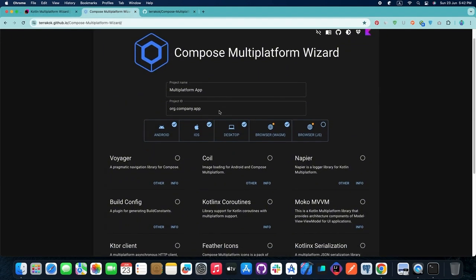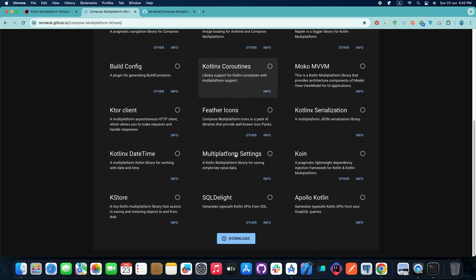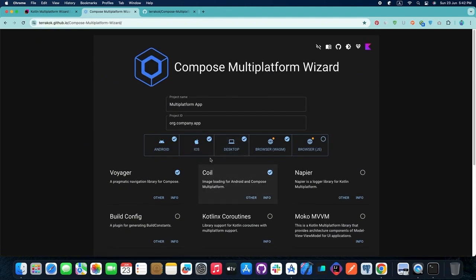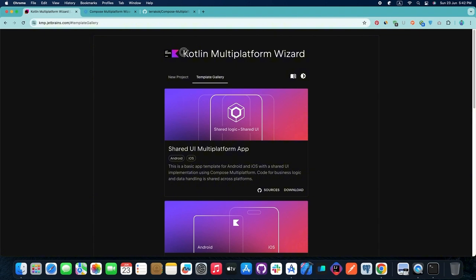The Compose Multiplatform wizard gives us an edge in the dependencies section. Here they provide some famous dependencies, and we can simply select them. After we select them and download from this wizard, we will get all of these dependencies installed in our project. So if you don't have much time, you are good to go with the Compose Multiplatform wizard. I have already created many projects using Compose Multiplatform,